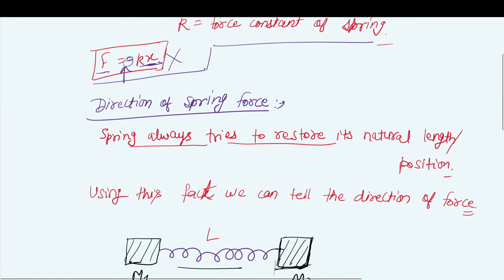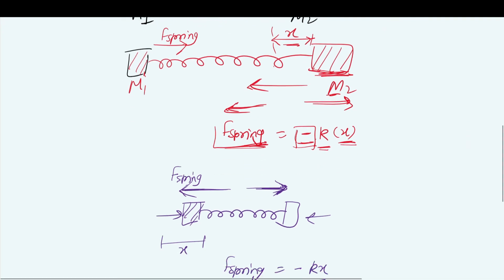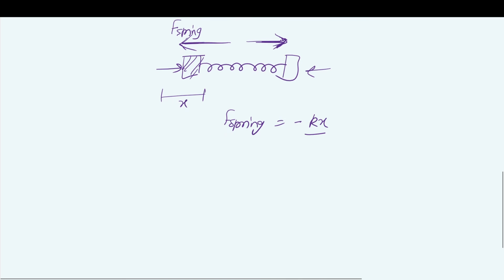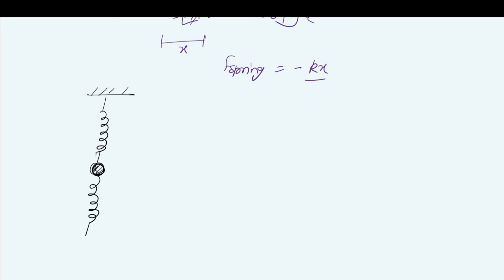We do not have to say it is the displacement of the block. This is the wrong method. The right method is F spring is equal to k into compression or elongation. We have to use these terms. Let us see another example. If this is a wall and a spring is connected here, and in the spring there is a ball connected, and another spring is connected here also to another ball. Let us say this ball has mass m1.